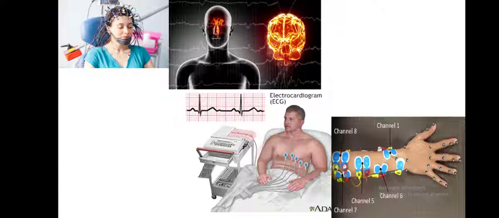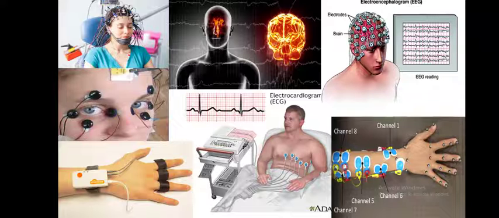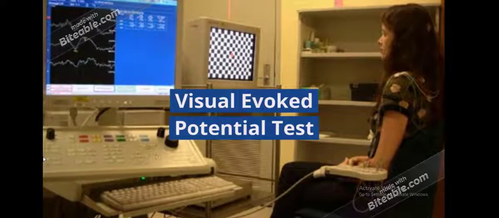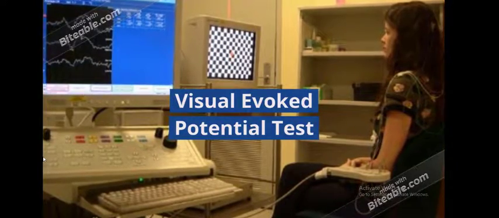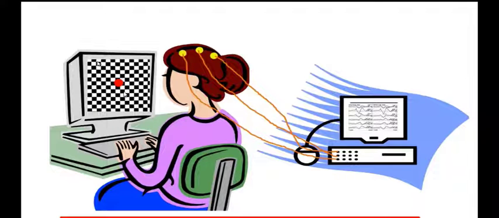Recording biological signals provide a preferential doorway to a wider understanding of physiological phenomena within the human body, either under normal or pathological conditions. An example in this field is the visual evoked potential test. A visual evoked potential is an evoked potential caused by a visual stimulus, such as an alternating checkerboard pattern on